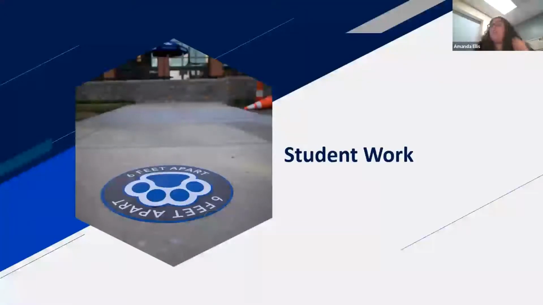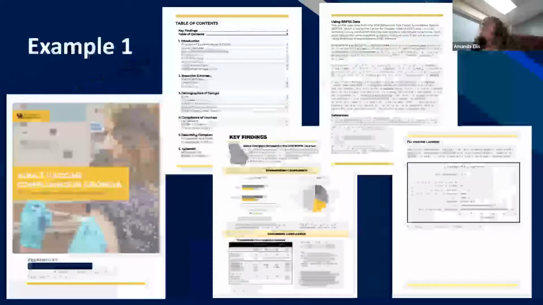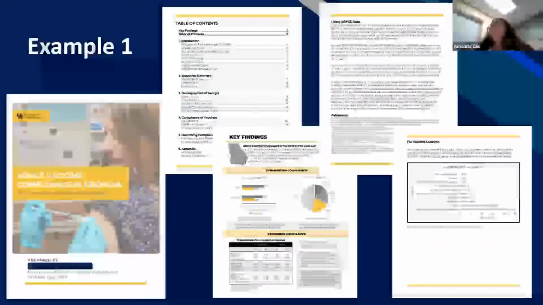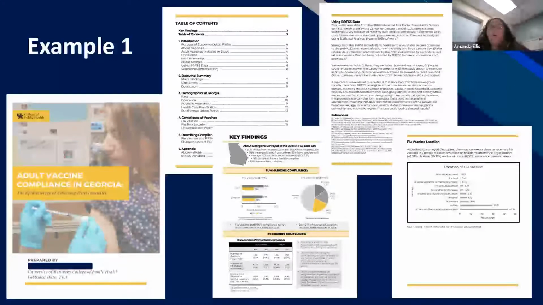All right, so I want to show you some examples of student work. So I've talked about these reports that they're building. So what do these things actually look like when a student has built them? And so here is my first example. And I think, whenever I present this and I talk about this, it's like, okay, they're building these reports, but it isn't until we actually see what these look like by the end of it that we see the amount of work that students have put into it. And you can tell that they've put some ownership into this. And so here's one example.